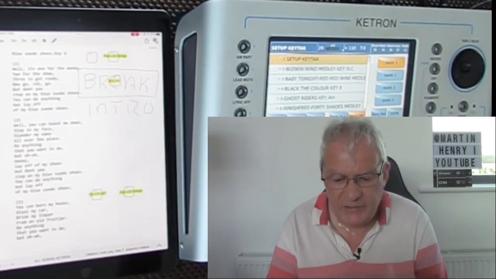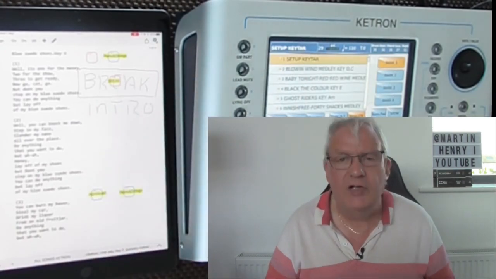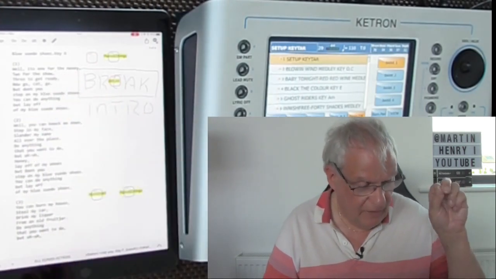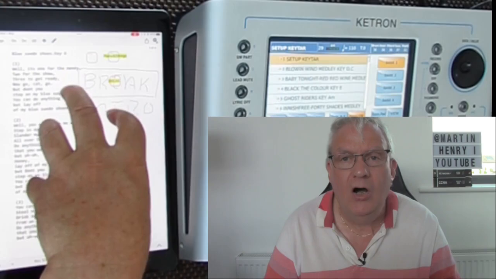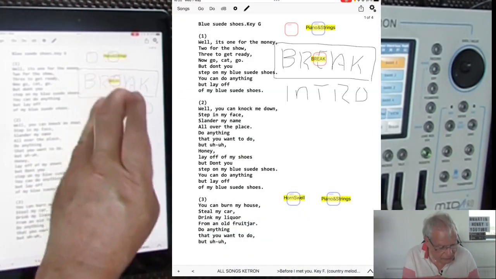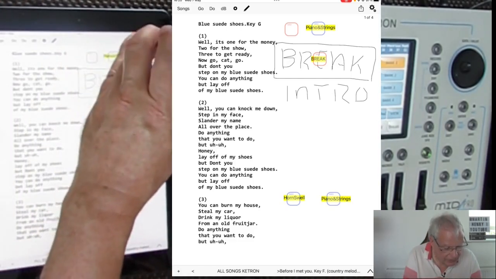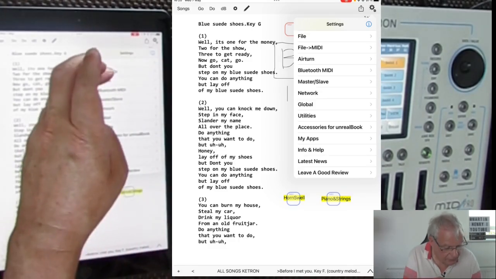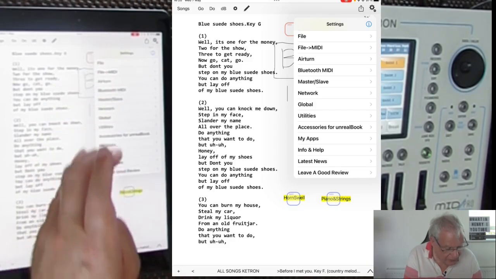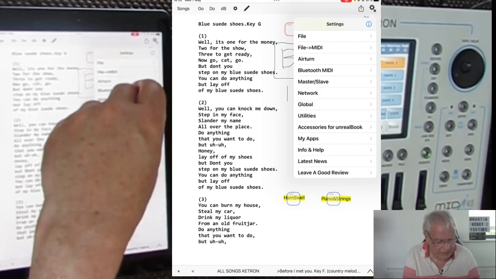It could be patches on a sound module or something you want to bring up when you're playing the song. And you can control it all from the one program. So you can set up here MIDI buttons to do different things. Okay, so there's 2 sections of the MIDI. So there's a file MIDI, there's Bluetooth MIDI, and you can set it up over here. But if you set up this MIDI on this side,